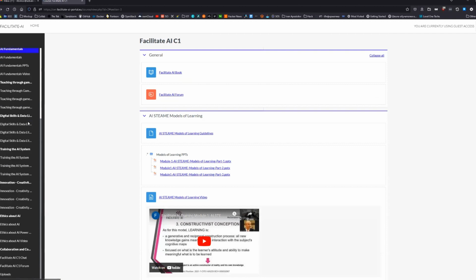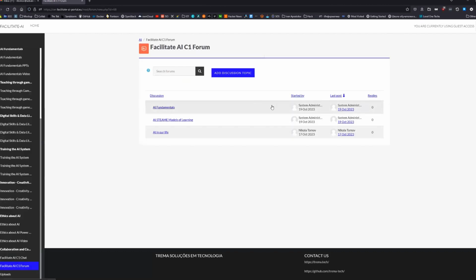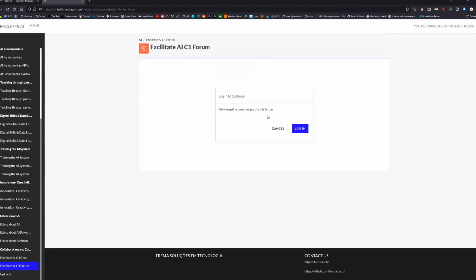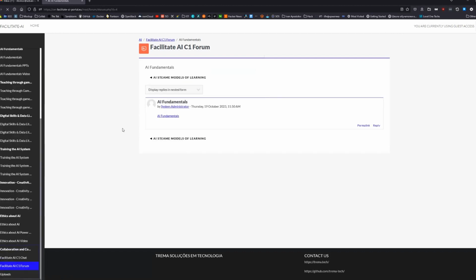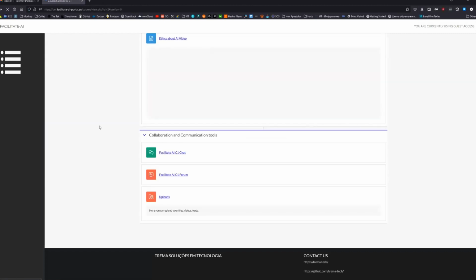We can use this window to navigate to the system faster. We can see in the forum, we can see the topics, but that's all. We can open one topic and we cannot reply to a topic because we are not logged as a user, we are as guests, so we cannot continue. This is for the guest part.